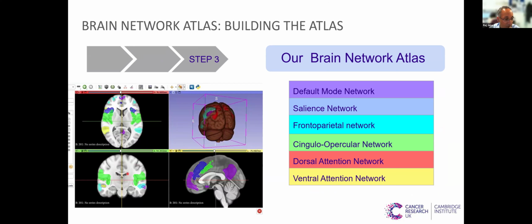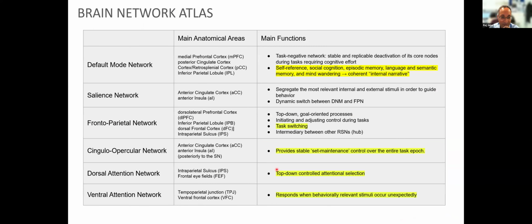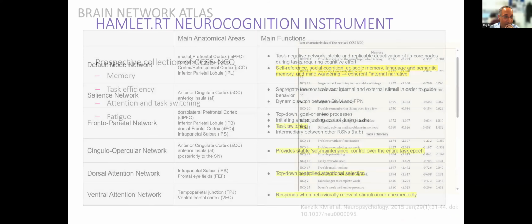Oh, I forgot to pull over the video, but anyway, you can see this. For those of you that use Slicer 3D, you'll recognize the UI. So she basically built us segmentations for these key networks, so we can propagate that onto the scan of an individual patient with a brain tumor. And then again, this is just a reminder of how these different networks sort of focus on some of these things that I mentioned that our patients really suffer with.